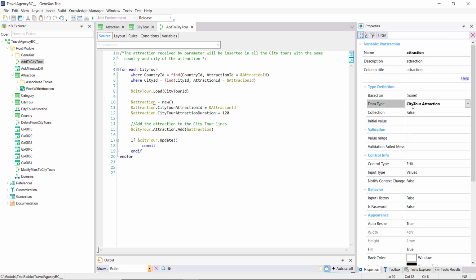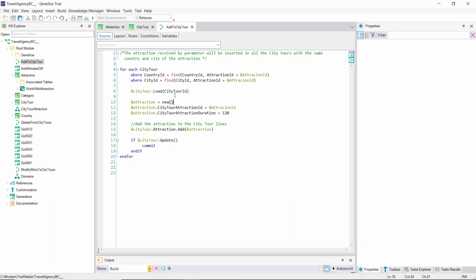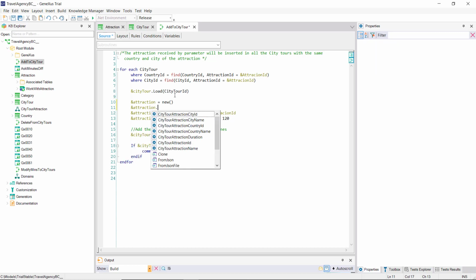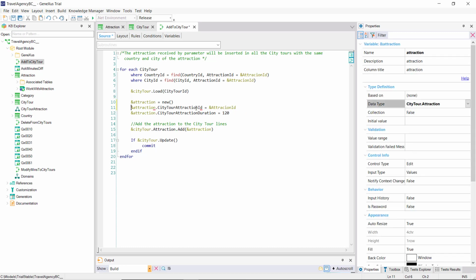To do so, we'll define a variable of the business component data type corresponding to the lines. We'll create a new memory space for this variable, and we assign the storable elements. This is the attraction ID and the duration of the visit.